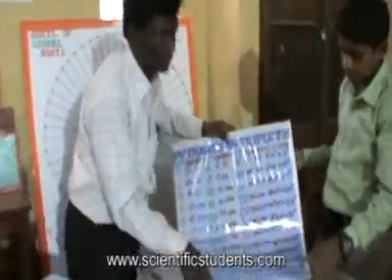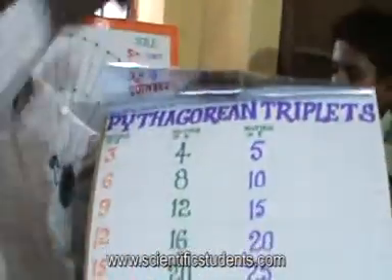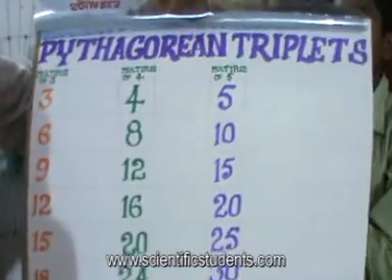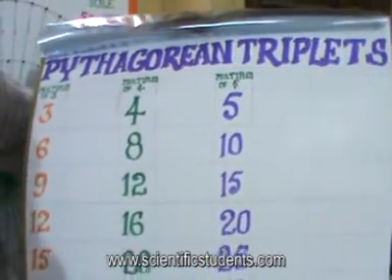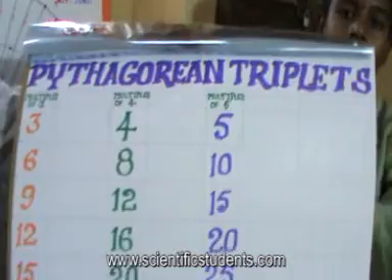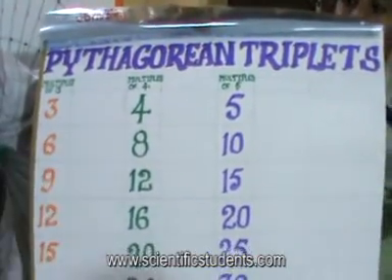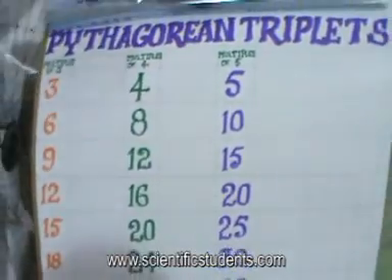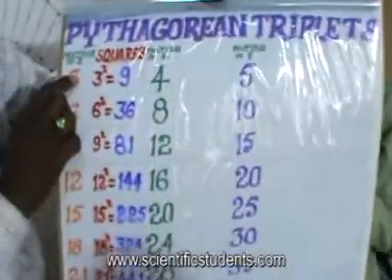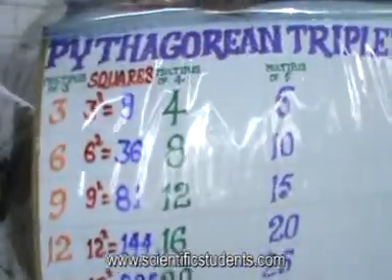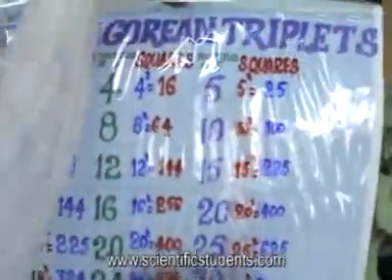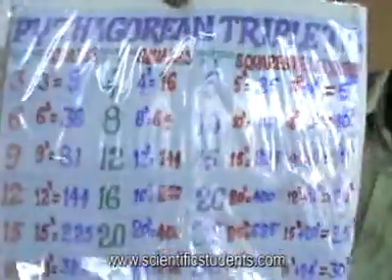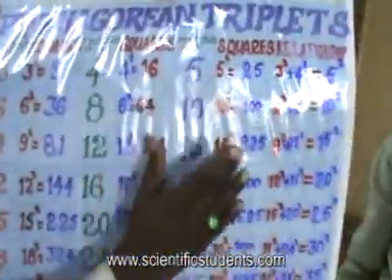One more is there. For the pupils, it is very difficult to give an example for Pythagorean triplets if you ask. They didn't say. For this one, I have taken this table. This is the multiples of 3, multiples of 4, and multiples of 5. The next sheet will show the squares of the multiples of 3. The next sheet shows the squares of the multiples of 4, and the next sheet shows the squares of the multiples of 5. Then the next sheet shows the relationship between the first column, second column and third column.